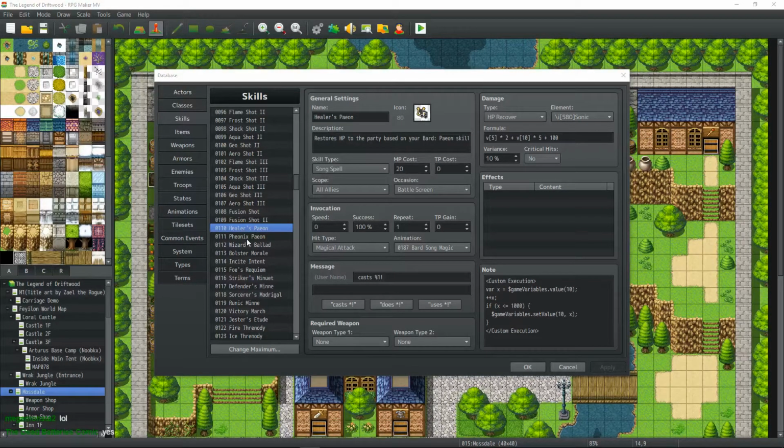But yeah, it turns out that it's extremely hard to put your RPG Maker MV game on Android, and it's just a pain in the butt. And I wish they would have actually put more effort into making that an easy process. I did put one game on, this game actually, The Legend of Driftwood, on Android, on my Shield